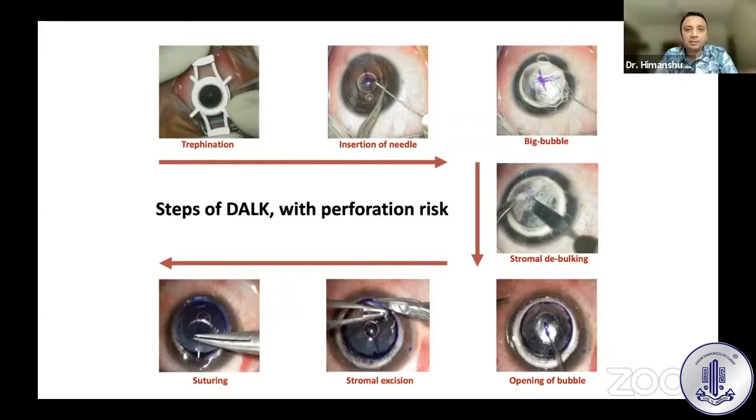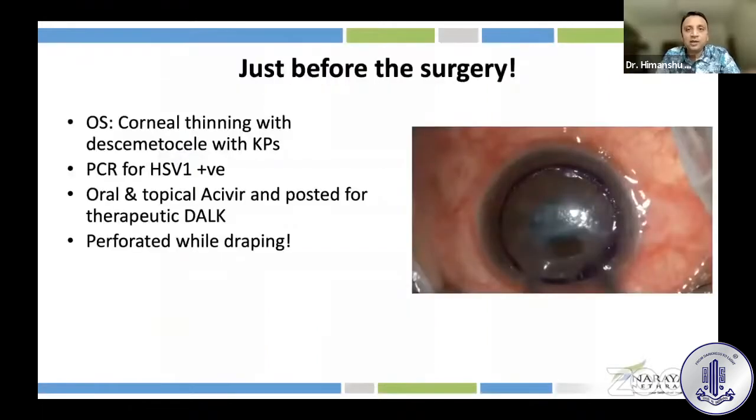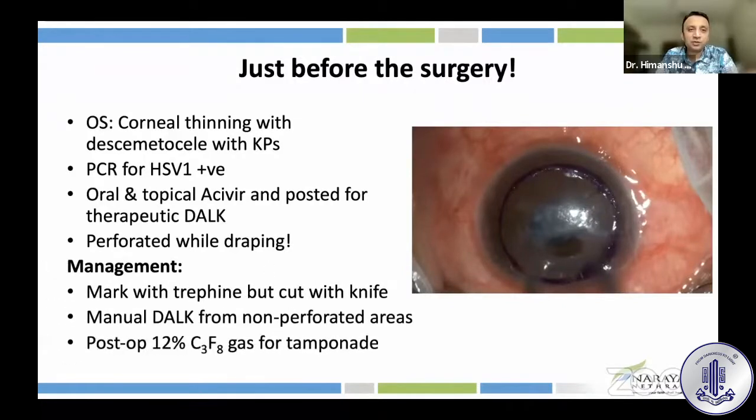perforation. There are many surgical steps which potentially can have perforation, from trephination, insertion of needle, big bubble, stromal debulking, opening of bubble, stromal excision, and finally the suturing. We'll go one by one. But before we start the surgery, we know the surgery starts from the draping to removal of the draping when it ends. Well, I start with the first case where my over-enthusiastic assistant ended up perforating a descemetocele, which was posted